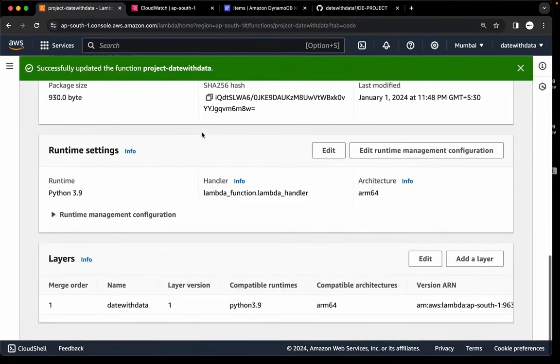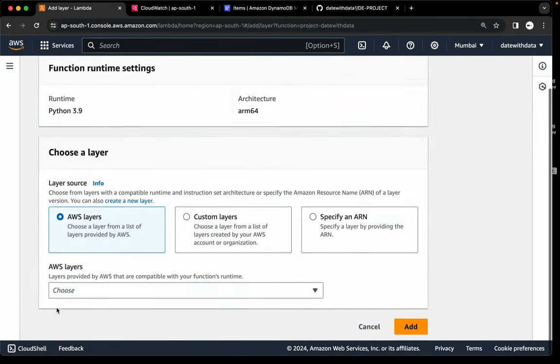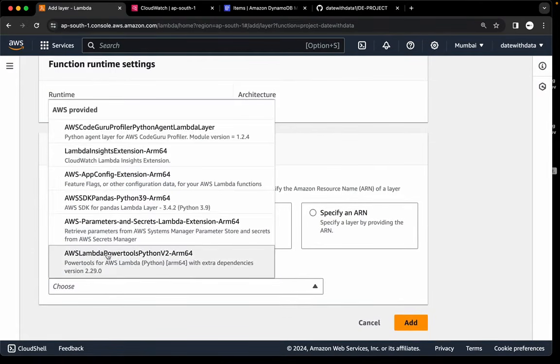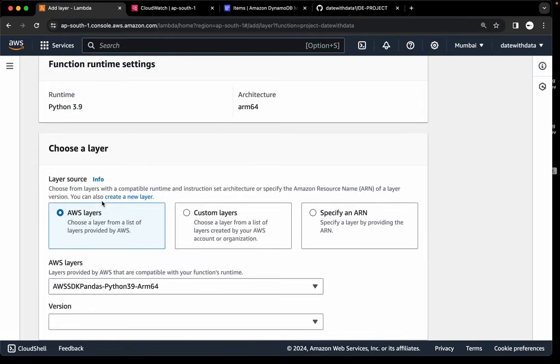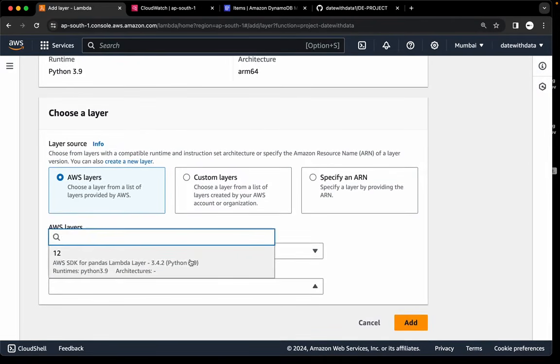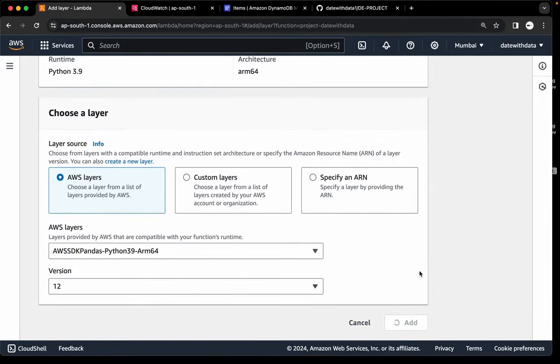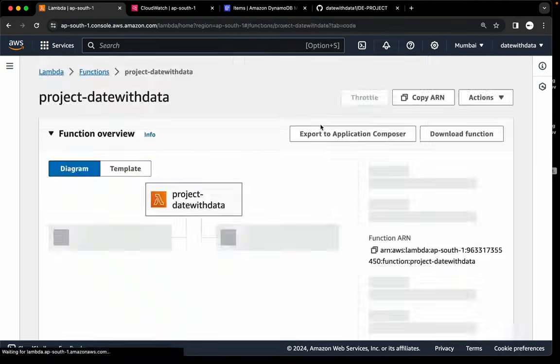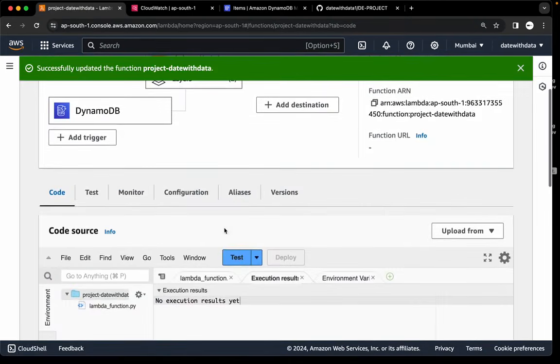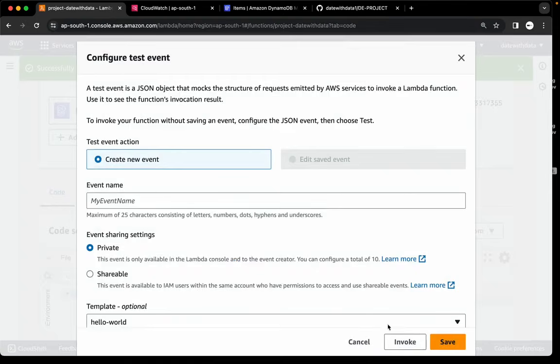Instead, we can add a layer. Now I can add. We are not able to add the layer because of the other layer that got automatically added. Now if I hit on test,